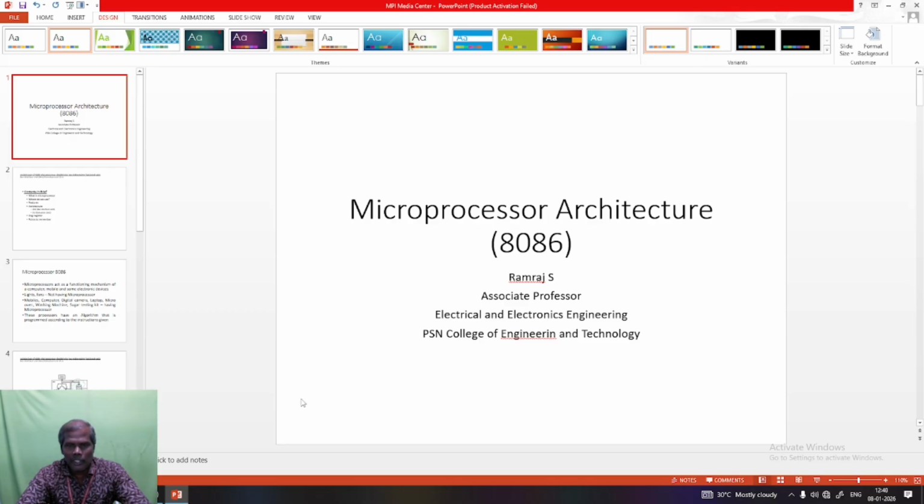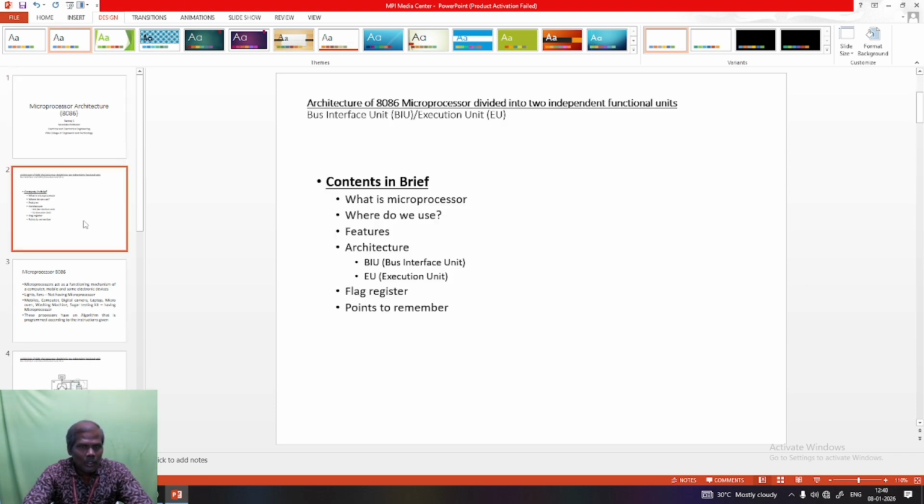Today, I am going to discuss the microprocessor architecture. Contents in brief: first, I am going to tell about the microprocessor, then where we are using the microprocessor, then some important features of the microprocessor, then the architecture of the microprocessor. Architecture of microprocessor 8086